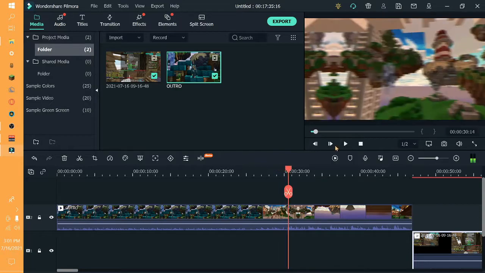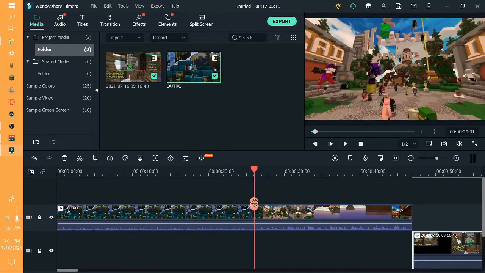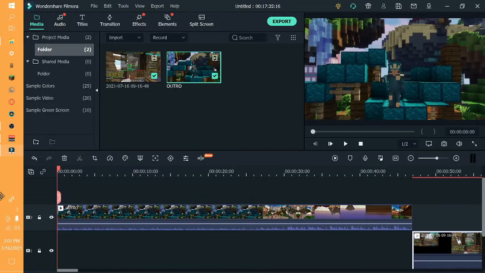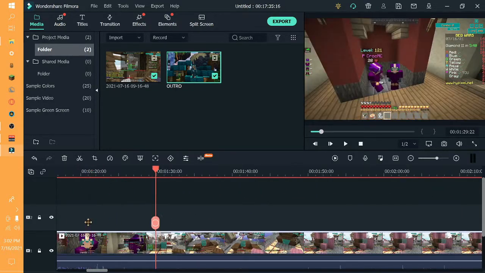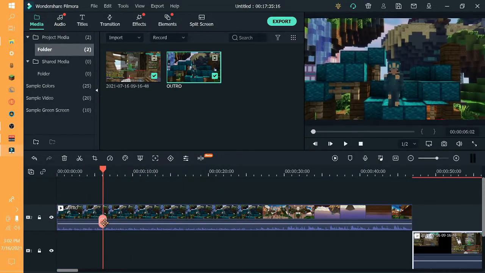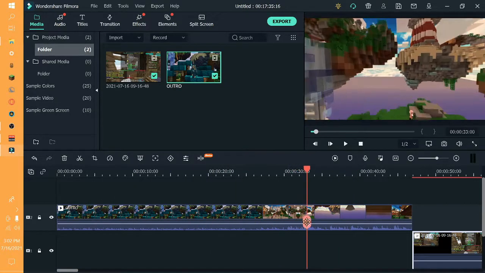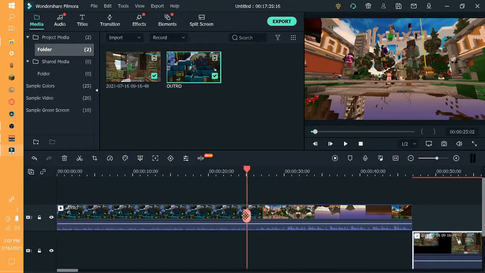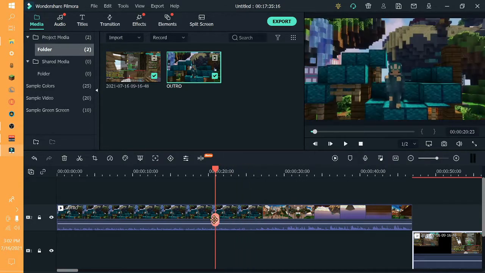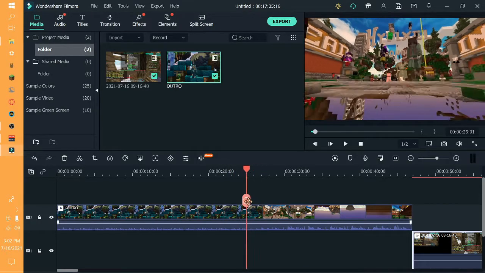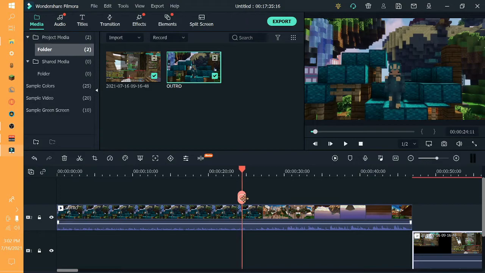But anyways, what we want to do first is drag this little thing. You just hold on to it and drag it. You have to use the scissors, and then you drag it, and I don't even need to listen to the sound because these are the frames. There's a lot more frames in this, but basically what you do is you go here